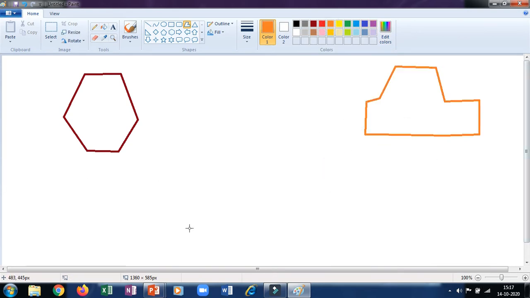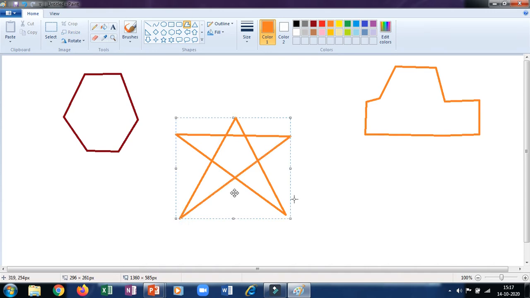With the help of the polygon tool, you can draw a star, and while you are drawing the star, you have to start from down. Whenever you are drawing a star using the polygon tool, you have to start from down. See, I'll click from down to top like an A shape, a slanting line. Then click over here, then this side on the left hand side, then right hand side, and wherever you have started, click on that particular point. This way your star is ready.